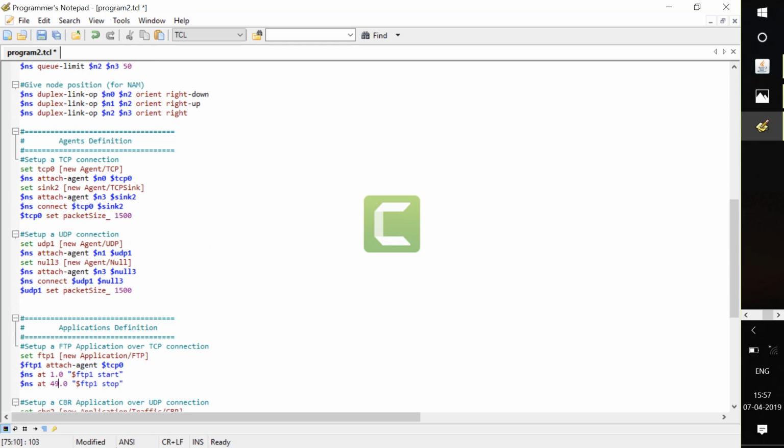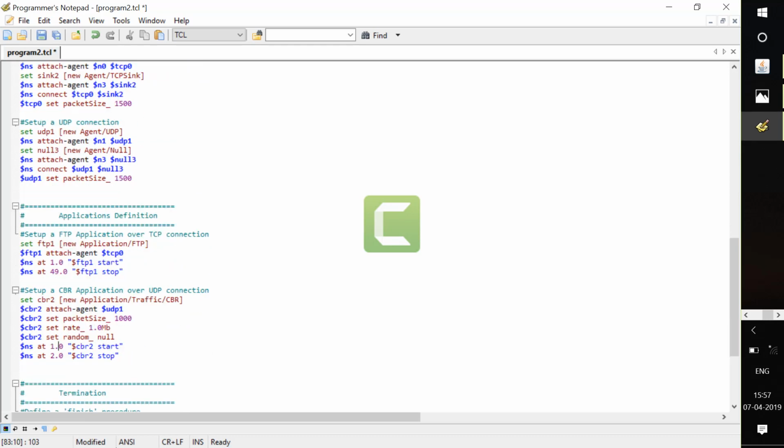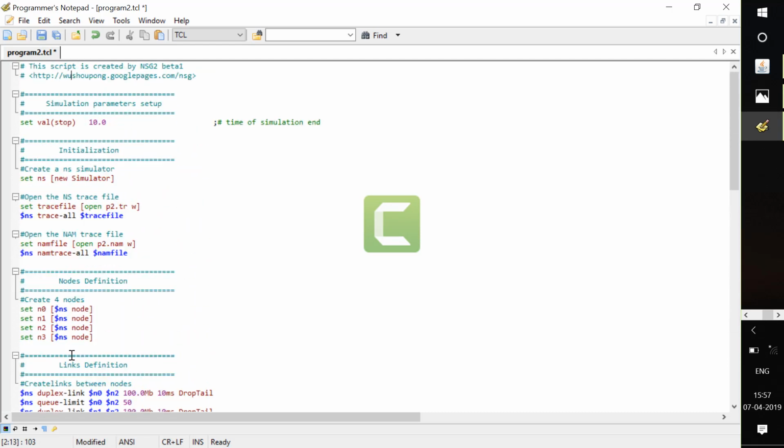We will give 49. So always try to give more time, because if you give less time, the number of packets received will be less here. If you give more time, you can have more number of packets. That is the big difference. So here you just change the time, because if you have a 1 second difference, you will not get more number of packets received here. Then after editing, you need to save.